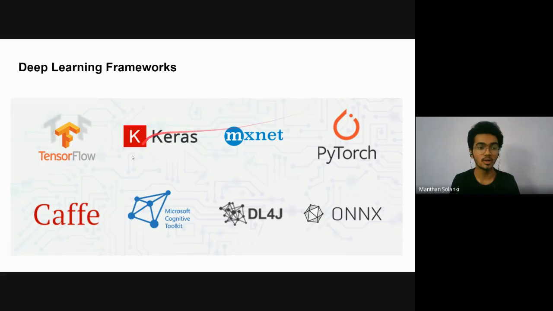The common popular frameworks are TensorFlow and PyTorch. TensorFlow is good for the development of model production. It has a very great community, very comprehensive documentation, and is widely used for mobile platforms too.